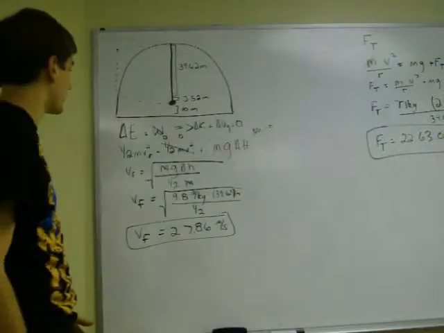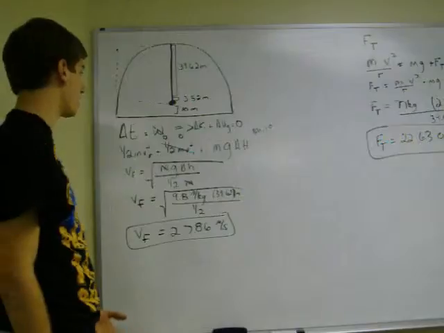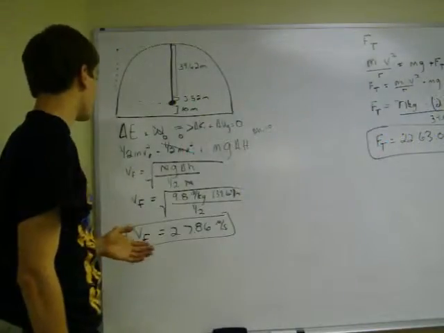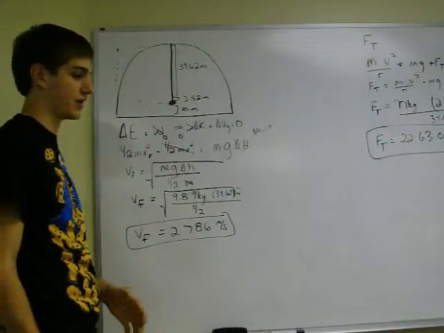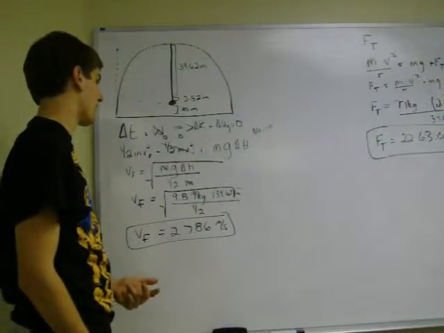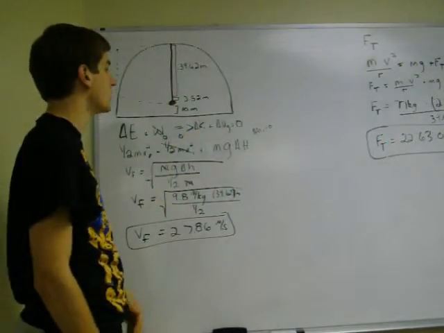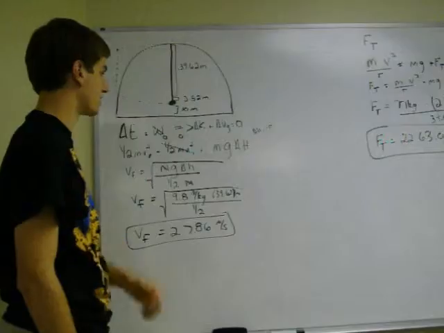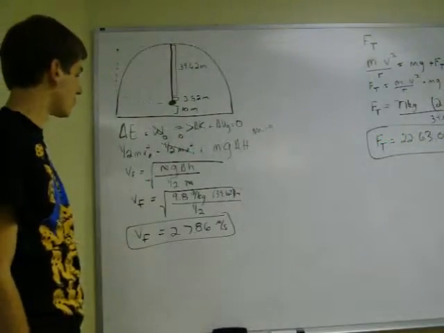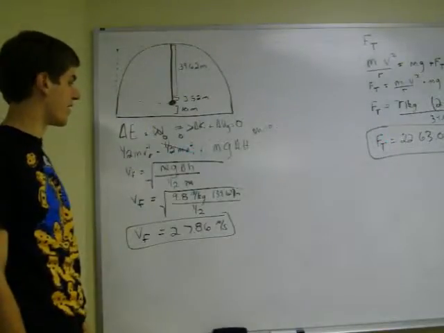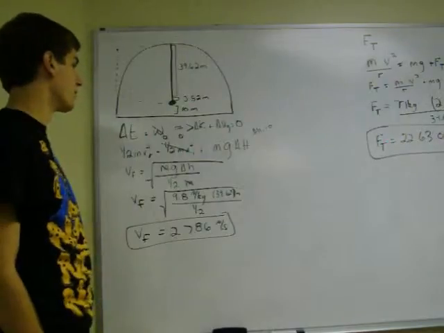First of all, we're going to use the energy principle to find out the velocity at the bottom of the swing. So first off, delta E equals work. Work will be 0 because there is no energy being forced into the system or let out by the surroundings. So delta K, change in kinetic energy, plus the change in gravitational potential energy will equal 0. So 1/2 mv squared final minus 1/2 mv squared initial would be 0 because velocity equals 0, plus the change